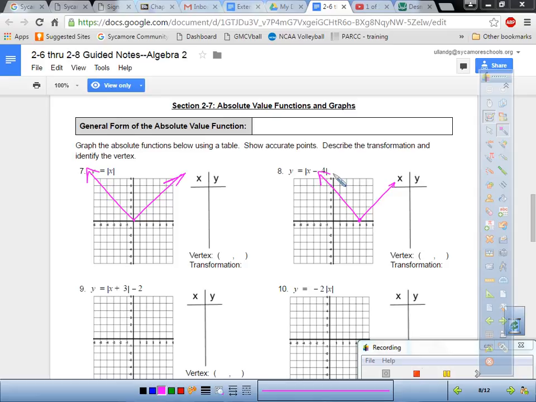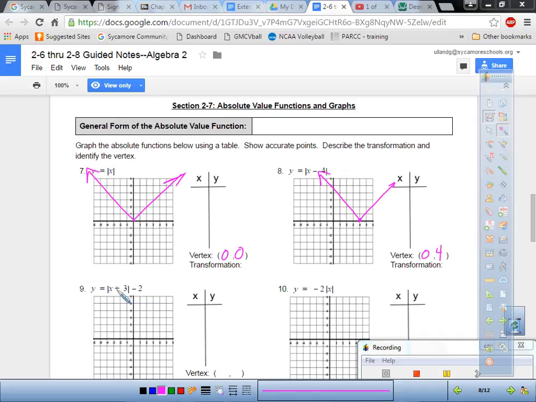And it's going to look like that. Here, the vertex is 0, 0. Here, the vertex is 0, 4. Okay? All right, well, this one's going to make it go up 2 and